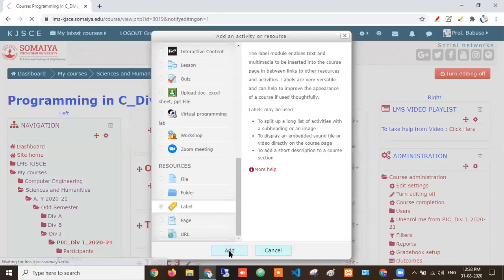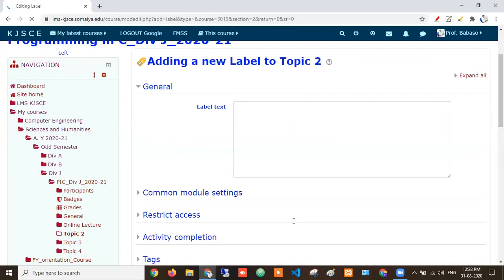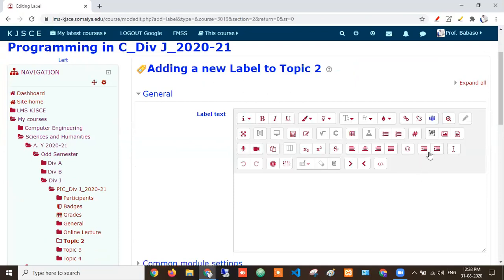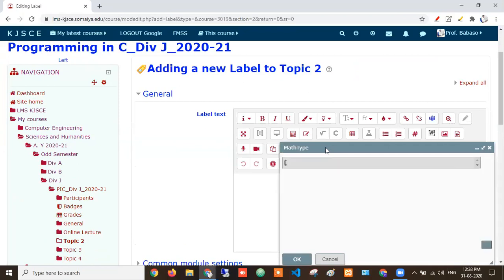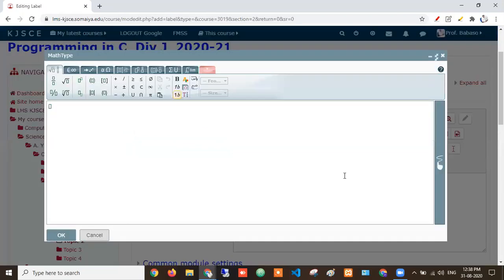For example, physics, chemistry, and maths teachers want to use mathematical equations and some diagrams. I already explained this in the FY orientation. Here you can see, sir. If you want to use mathematical equations, this is the editor. According to me, it's a very nice editor that we have in our LMS. Suppose you want to use quadratic or integration equations, you can easily add them, sir. It is much better than Google Classroom, because you can actually type equations here and many options are available.